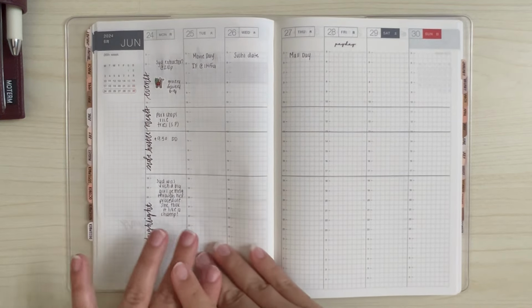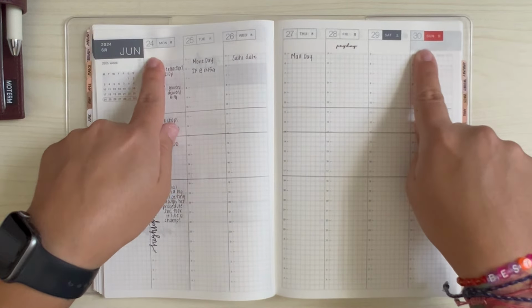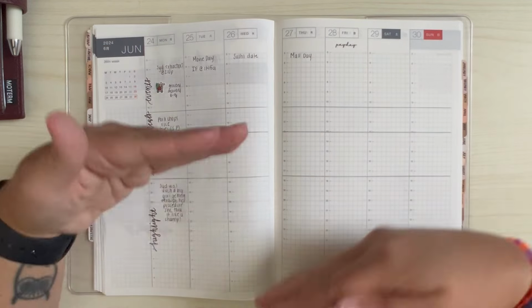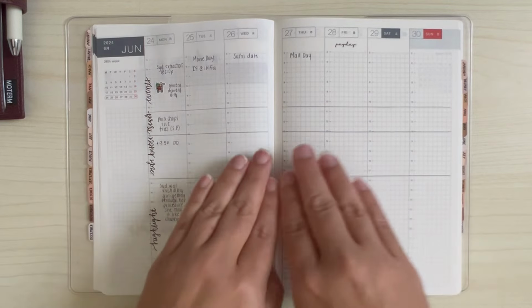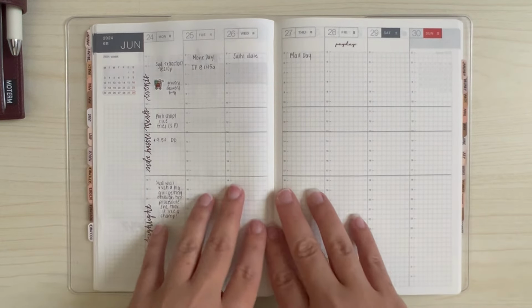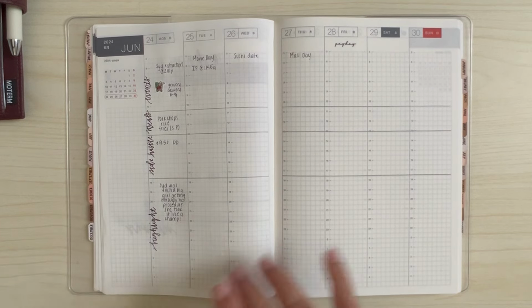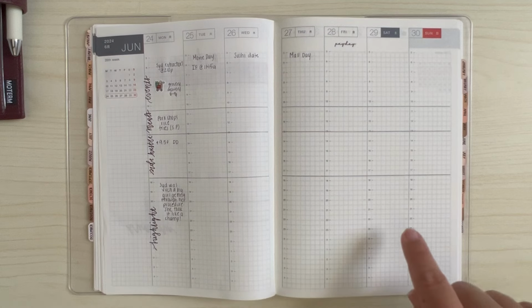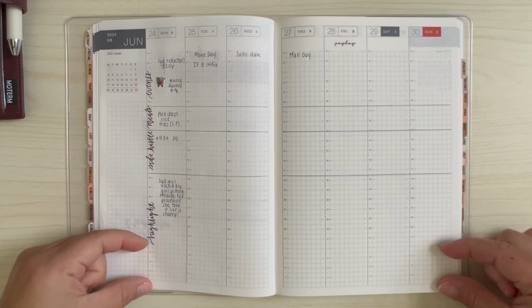Now the other idea I had was keeping, again, all the events up at the top. The timed events here, but no actual timetable, just kind of listing them. My meal trackers, side hustle tracking, and then kind of keeping this for free for all. I had highlight here, like highlight of the day. The habit tracker would still go here. And all that stuff. And I could even space a little bit more because I don't think I need